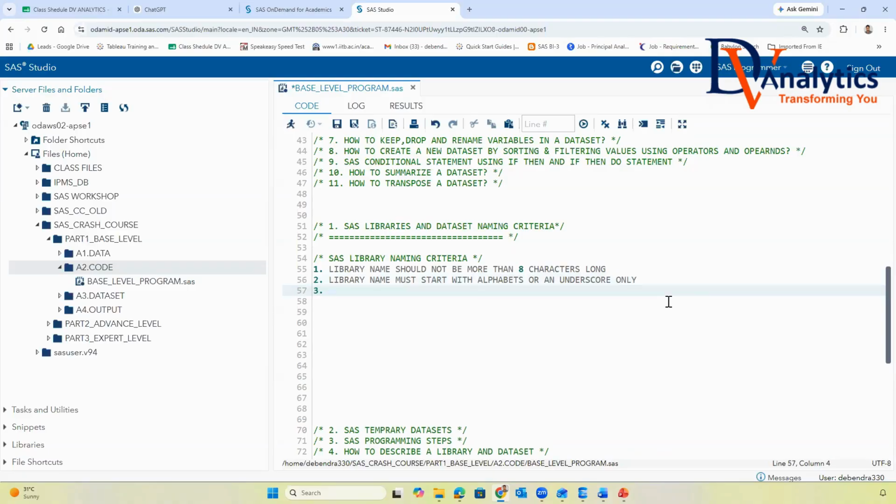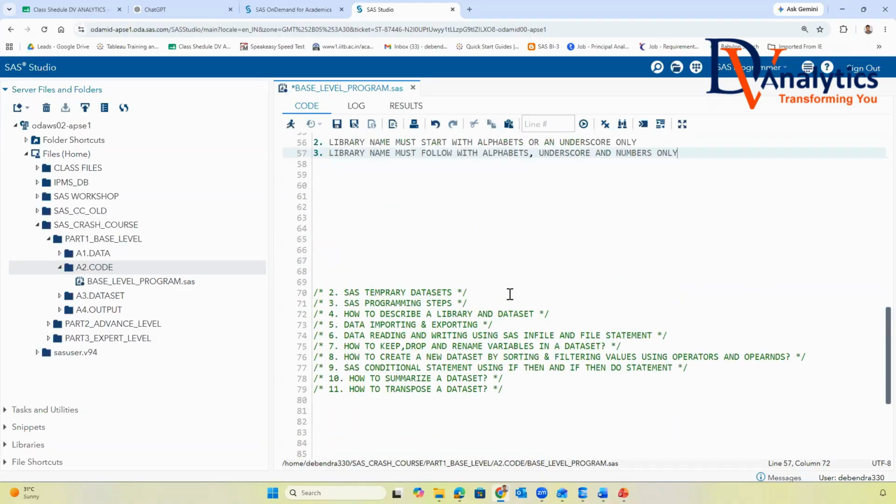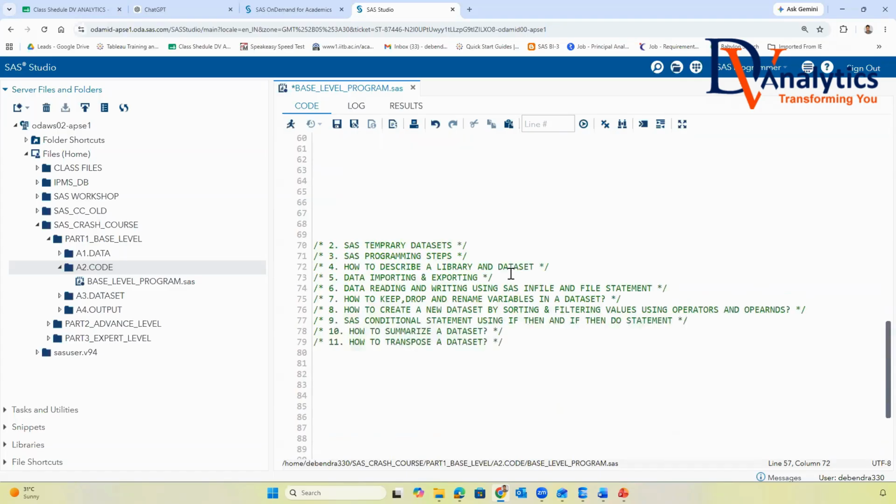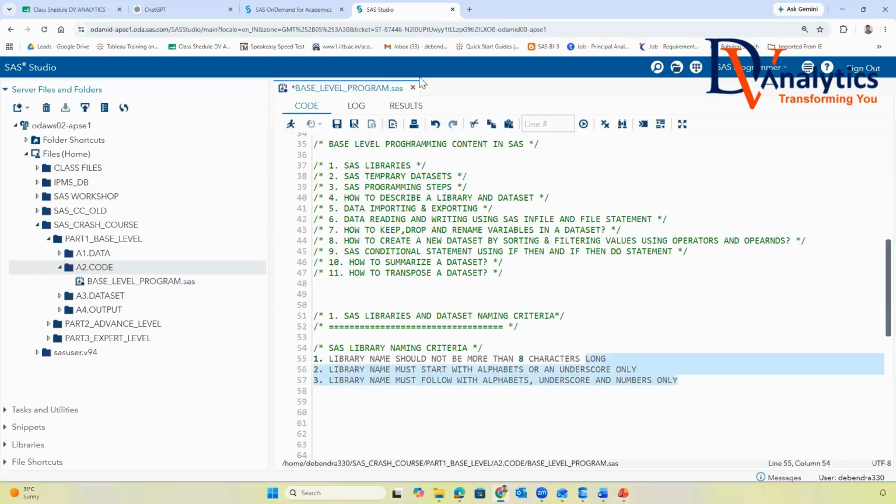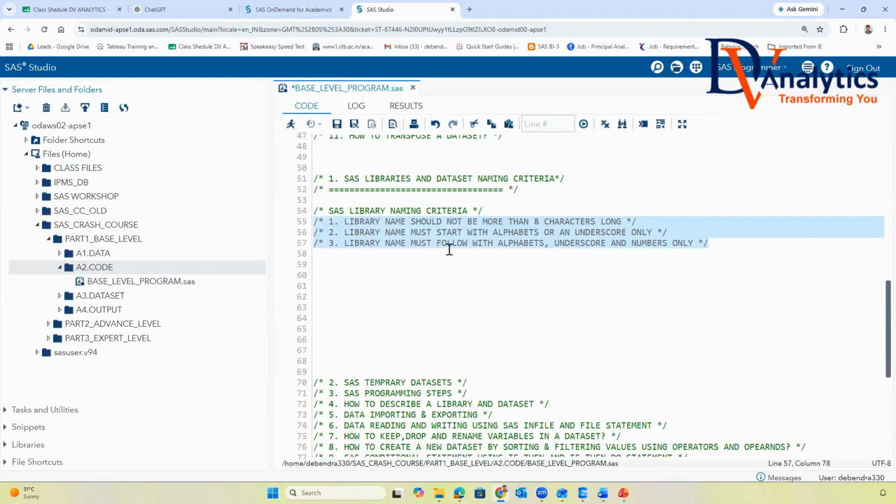Third, library name must be followed with alphabets, underscore, and numbers only. So these are the three different criteria we have to follow. This is very, very important when you go for creating a library.